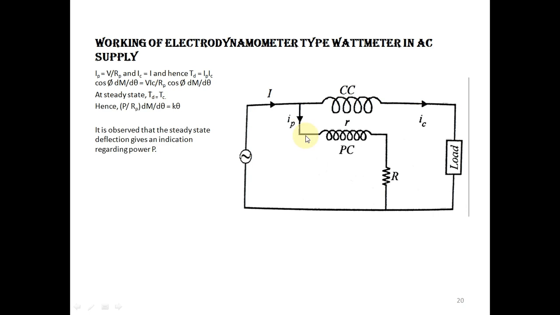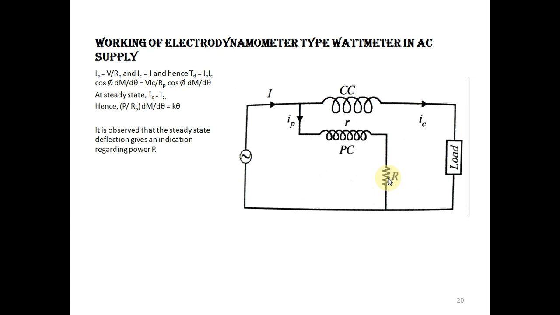This is an electrodynamometer type wattmeter. You know, this is the current coil, this is the pressure coil, this is the non-inductive resistance R. Listen to this lecture carefully, because a few of you have asked a question in the last discussion: Sir, what is the function of the compensating coil? That was not clear. After this video, I think that will be clear to you.